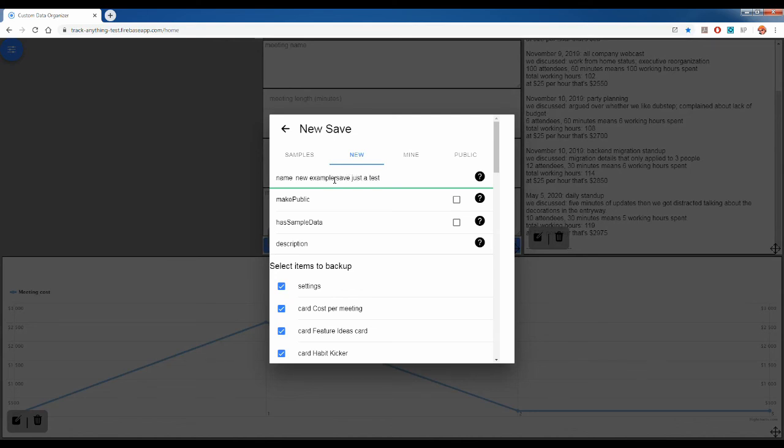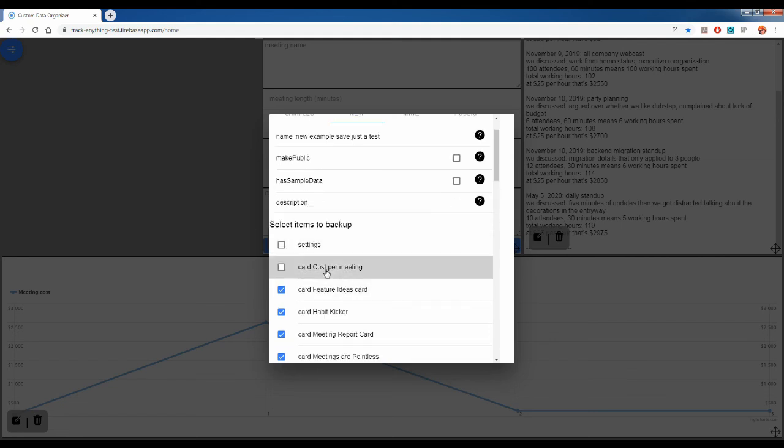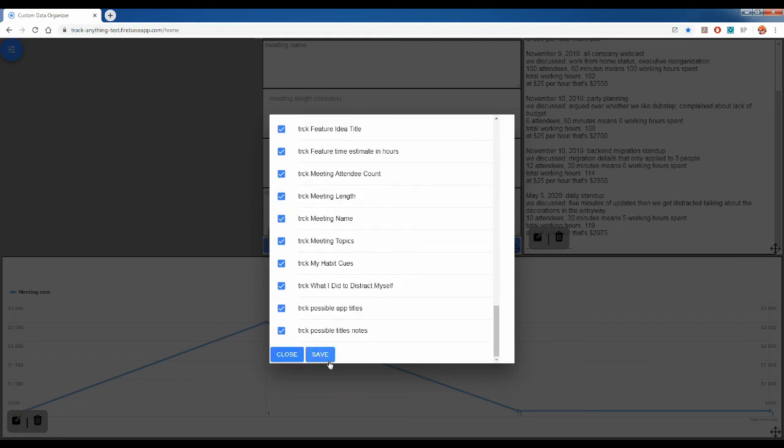Signing up for an account takes only a couple minutes and does not require a credit card, but does require an email. Now that I'm logged in, I can create a new save instance. I type in a name, select if I want it to be public so any user can use it, and optionally choose to designate any data sets I include as sample data, basically giving the user an easy option to not download it. Now I simply select which assets and data sets I wish to include in this save instance